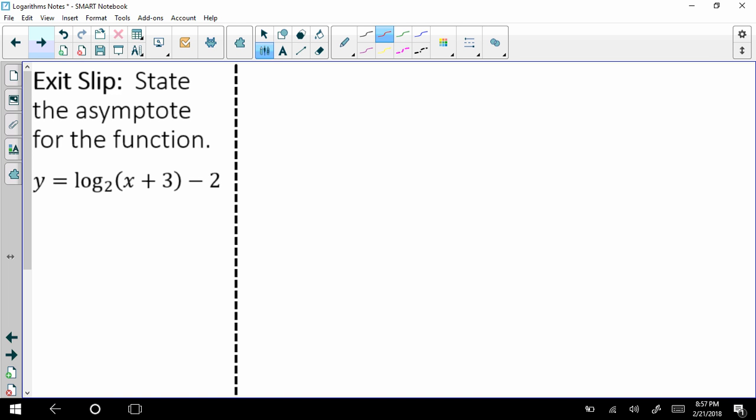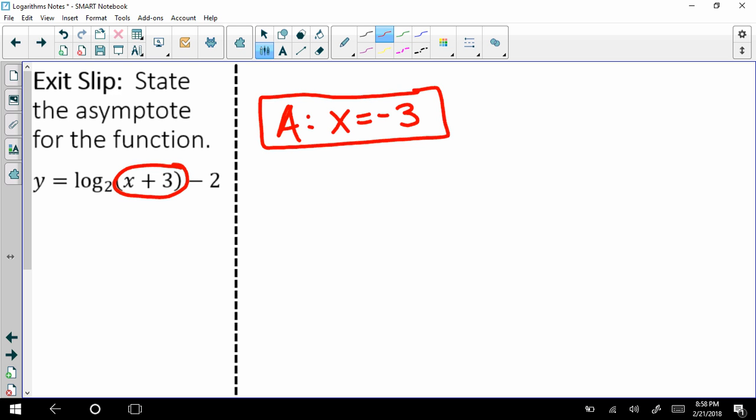So pause it, try this problem, state the asymptote for the function, and then unpause it when you're ready to check. Okay, so on the exit slip, your asymptote, remember you look inside for log functions, you're looking at what's with x because our equation is x equals a number, and it's always opposite of what it looks like in here because this actually means we shifted 3 to the left, so that'd be negative. So there's your answer. Now, if you just wrote negative 3, you'd get half a point wrong because it needs to be x equals negative 3. That's the equation of the vertical line. Okay, very good. Do a repetition and then work on the problems that go with